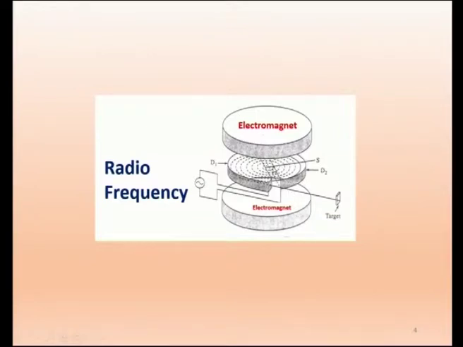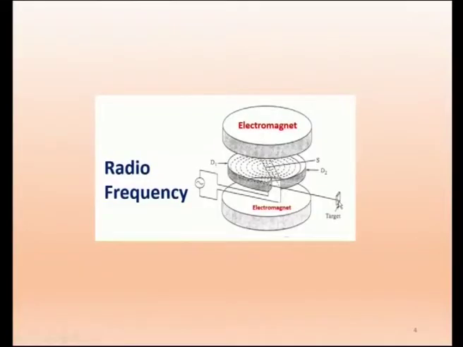That is from the center, it will take a spiral path, the radius goes on increasing, and finally when it comes to the periphery, that is the end of the disk D, it will come out, and that will be used to bombard the target. So this is basically the principle. Now we will go to more physics of that.